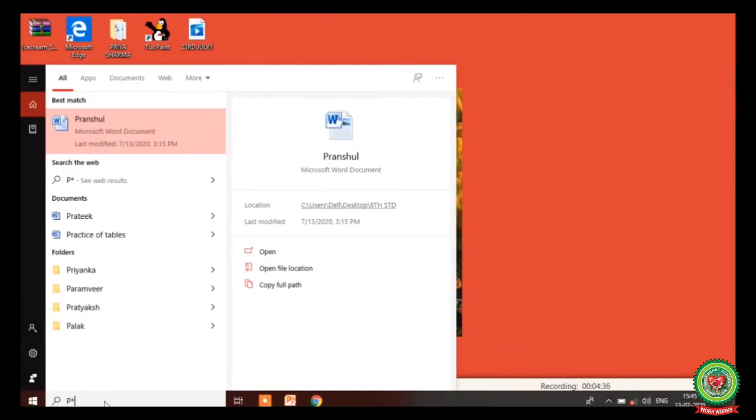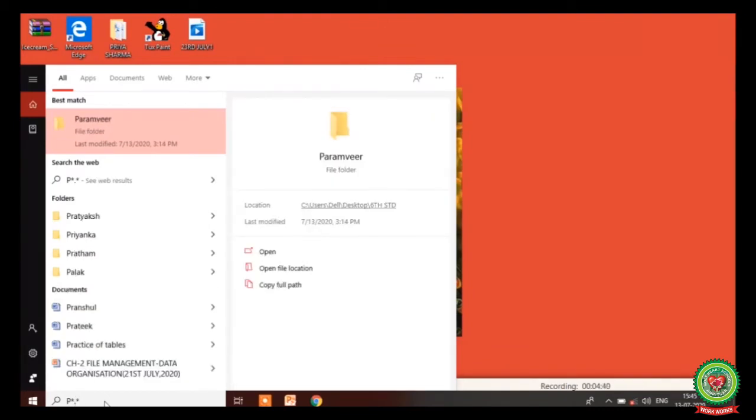Then I will put a dot and asterisk, where dot asterisk means it will show you all the files with any kind of extension. Here you can see it will show you all the files and folders that start with letter P with any extension.